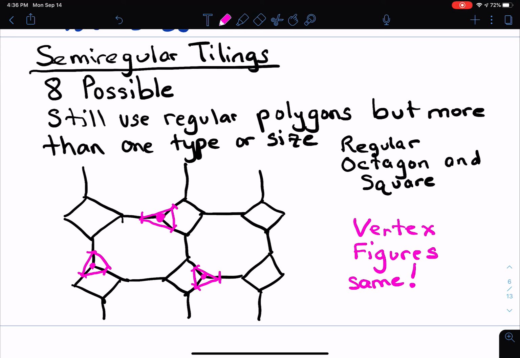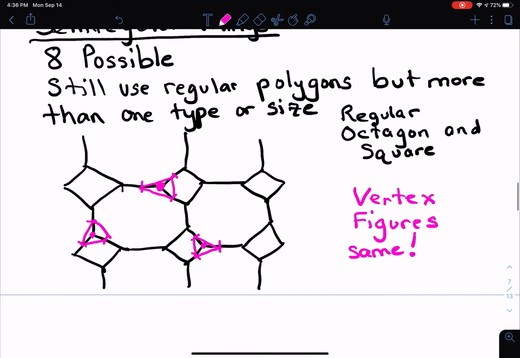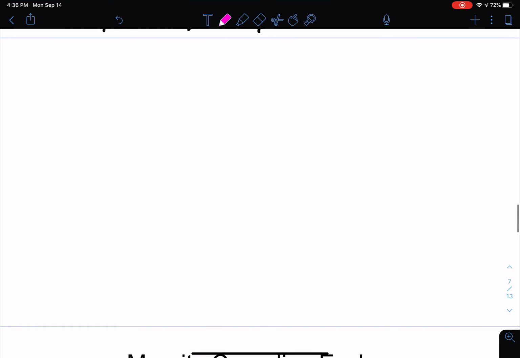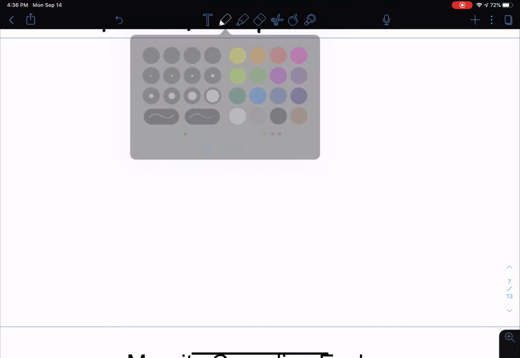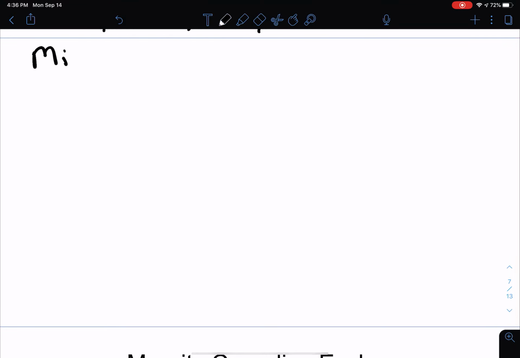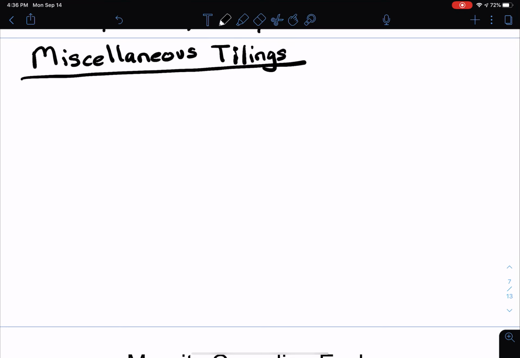Now, like I said though, you can have tilings where the vertex figures are not the same. You don't have to just have regular or semi-regular tilings. You can have other miscellaneous tilings too. There's nothing wrong with that. Like I demonstrated earlier, a regular pentagon can't tessellate by itself, but